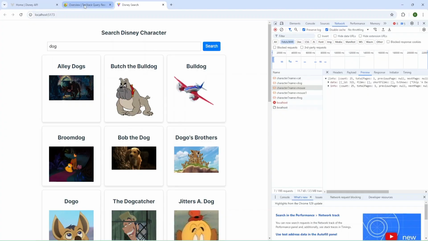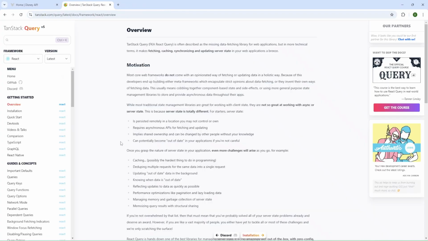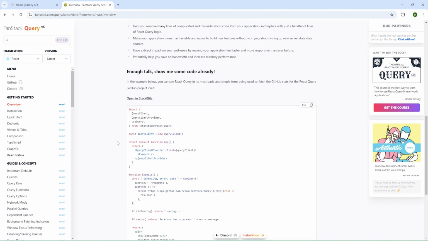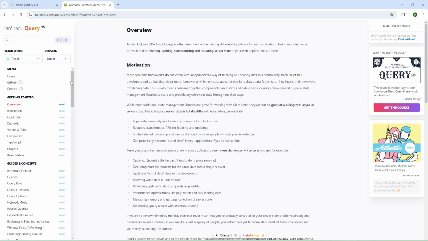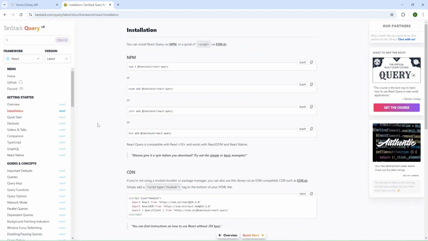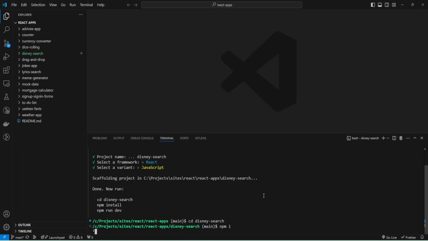And additionally, I can close this panel tab, and I'm going to use TanStack Query and go to the install page and copy this command and add it to my dependencies.